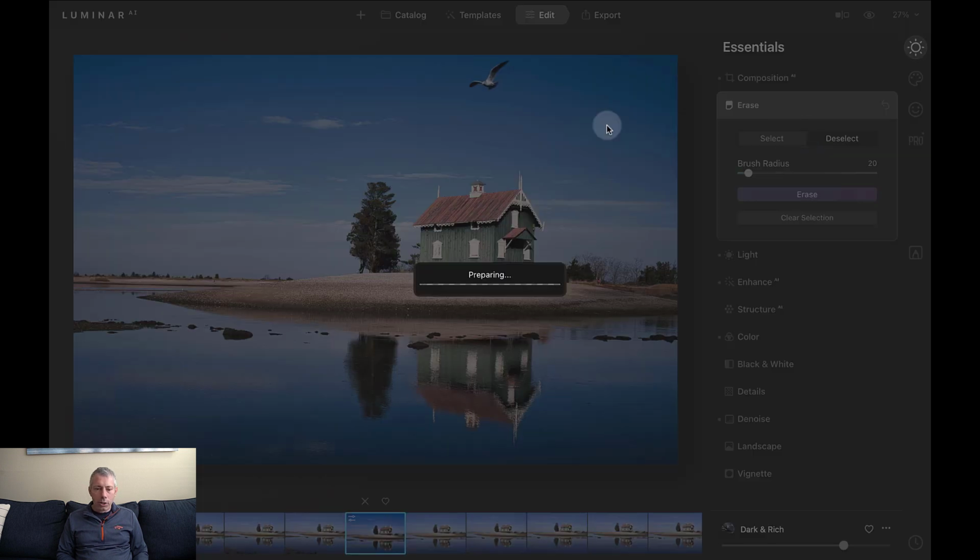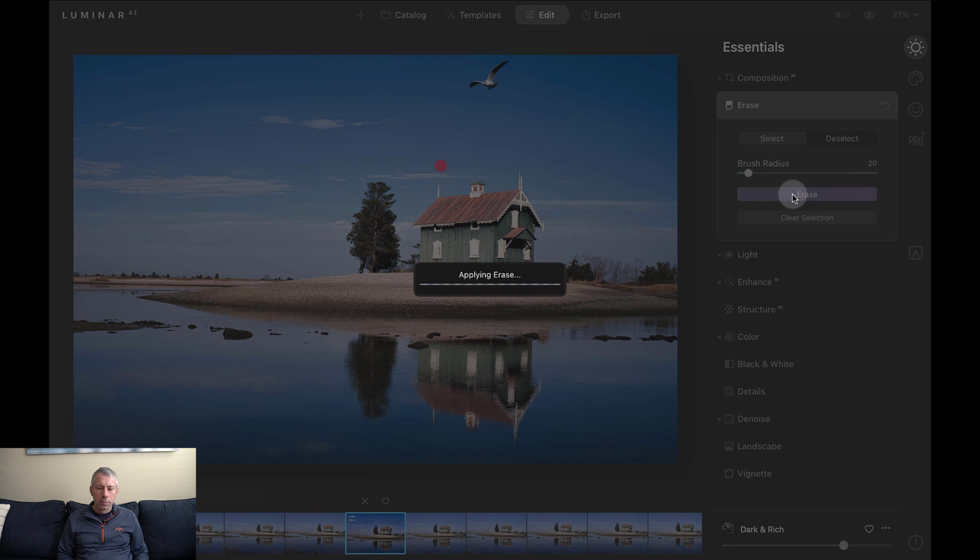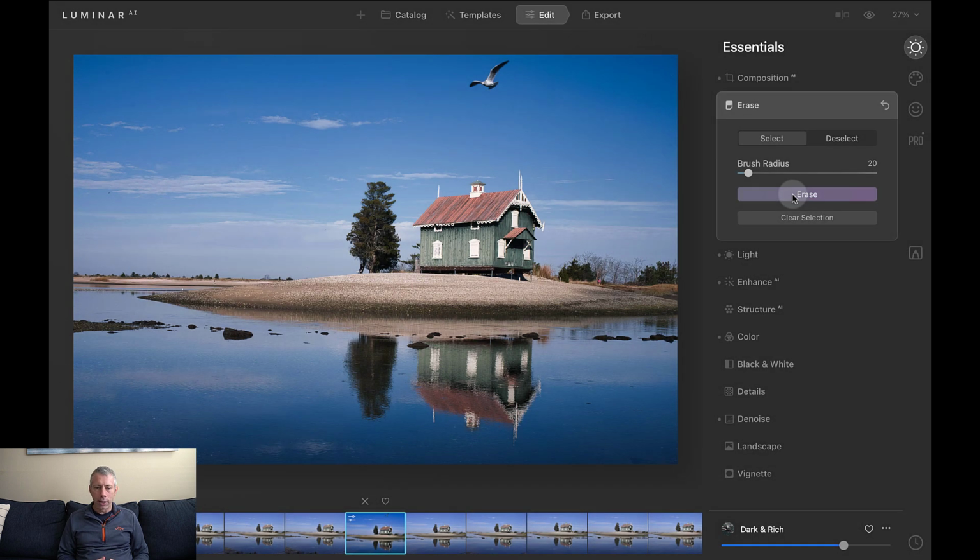Next tool down is erase, and it looks like I do actually have a little spot right there, maybe something that was on the lens. So I'm going to go ahead and just hit that and get rid of it. And just hit erase. And it's going to apply that. And this is non-destructive, so we can actually go back and correct that. So it took that spot away very nicely. And again, like I said, we can just go right back and remove that. So that's a big change from the previous version of Luminar,